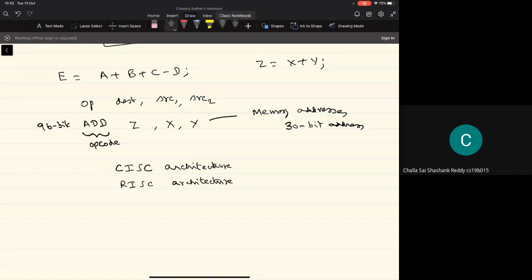So what we'll do in tomorrow's class is look at some details of the CISC architecture and the RISC architecture, and then see how any given higher level language program statement can be converted into a sequence of instructions corresponding to each of these architectures, so that we get some idea about how the instructions get represented for a given program. Okay, maybe I'll stop at this point.